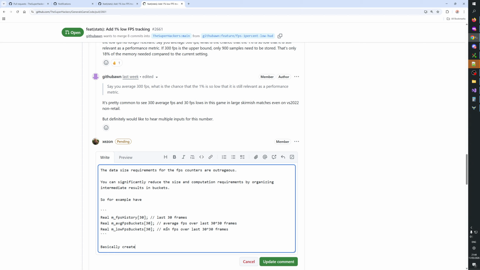Basically create checkpoints for chunks. This dramatically decreases. Well, but these buckets, so these are frames, so yeah,